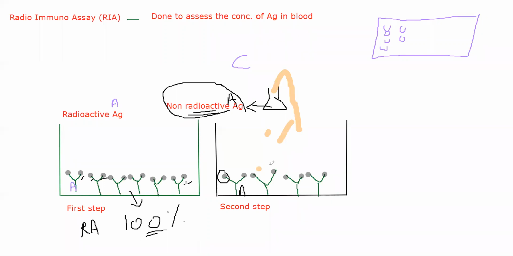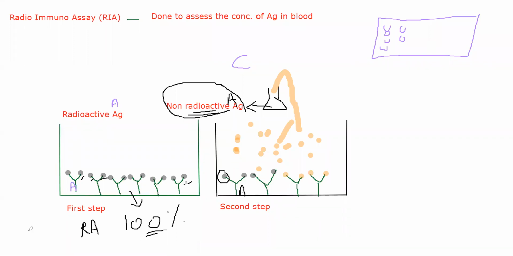When I'm pouring this inside, you will get several non-radioactive antigens present in this solution, in this well. These non-radioactive antigens will compete with the radioactive antigens for the place. So what happens? Some of these radioactive antigens will get replaced, meaning what you will end up with is some antibodies with non-radioactive antigens. Depending on the potency of that standard antigen, it is getting replaced. Let's suppose 50% of them got replaced, or 10% got replaced.